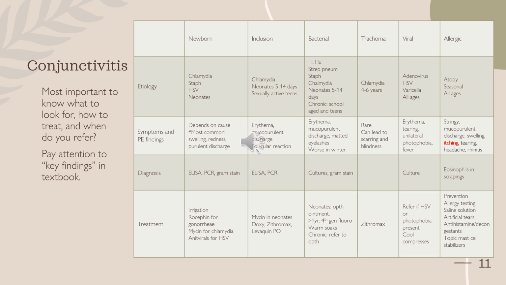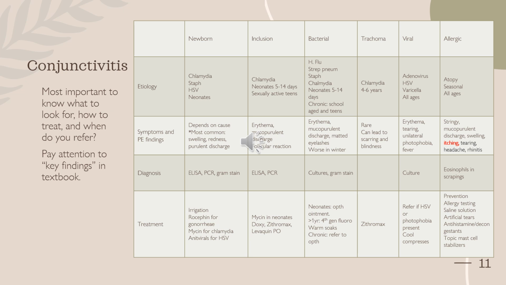And then you have trachoma, which is mainly caused by chlamydia, usually happens between 4 to 6 years of age. It's very rare. It can lead to scarring and blindness. And you're going to use Zithromax to treat that. Okay, viral